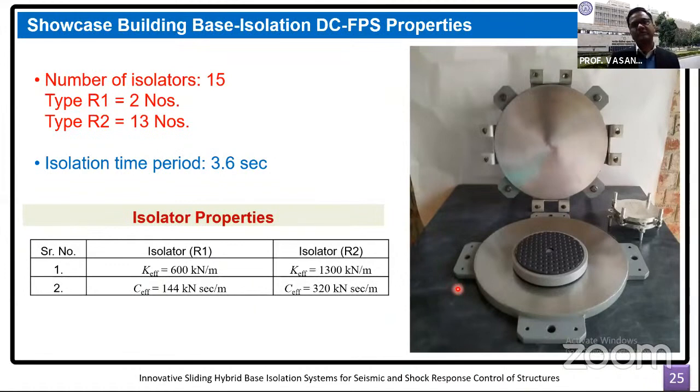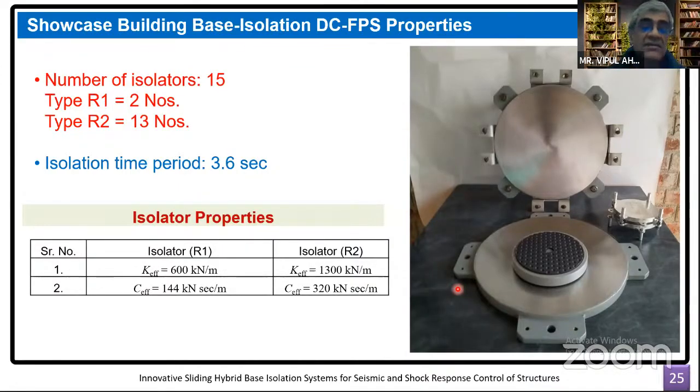In terms of basic cost, between the rubber bearing and the friction pendulum, typically elastomeric bearings are relatively costlier than the sliding isolation systems. Yes. So, but what hinders the adoption of this technology, do you think?